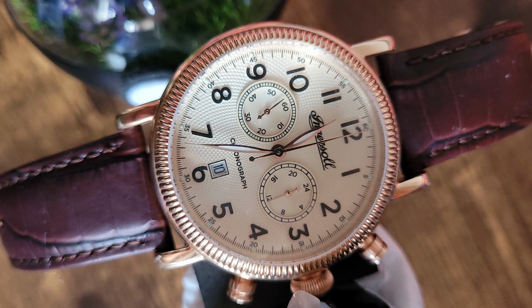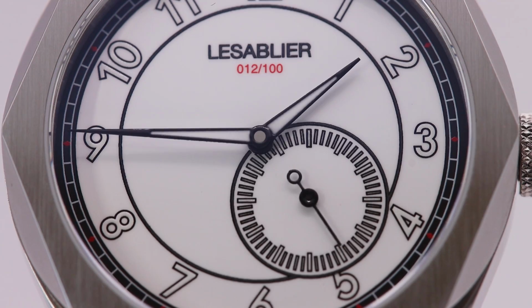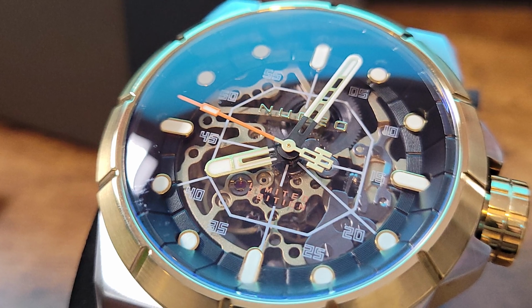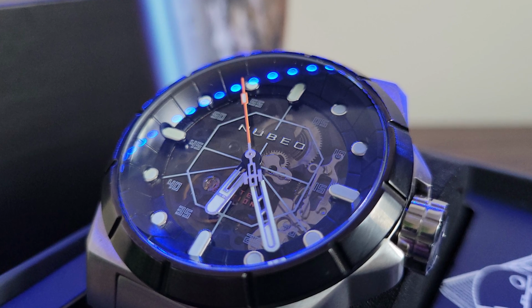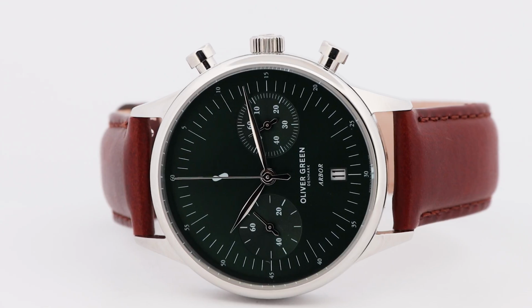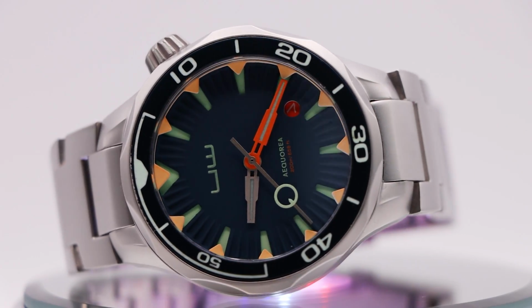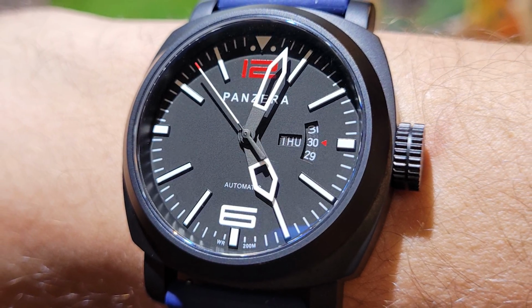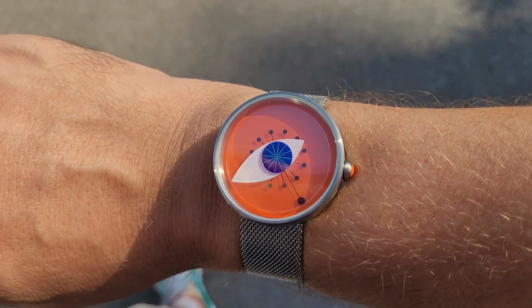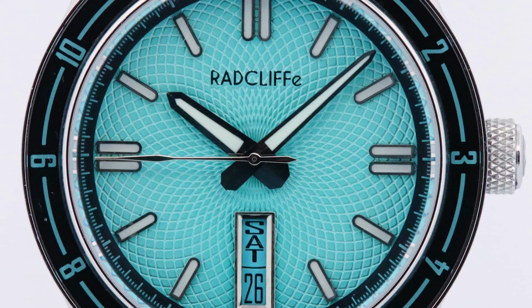Brown Dial, Ingersoll the Daniels 1892 White Dial, Lasabia Sport Classic, Marlin MK1, NTH Devil Ray, Nubio Hubble Stardrop Edition, Nubio Hubble Orbiting Black Edition, Nubio Mars Crow Edition, the Oceanaut Naval, Oliver Green Arbor, OVD Underwater Ecoria, Panzera Aquamarine 45, Phoibos Wavemaster, Pook Nakagen 3, Project Watches The Ray, Project Watches Cubit Shiitake, Project Watches Pride Prism, the Radcliffe